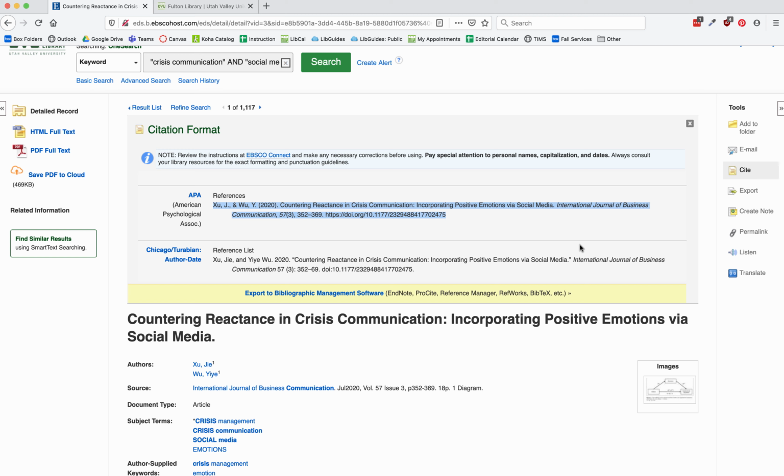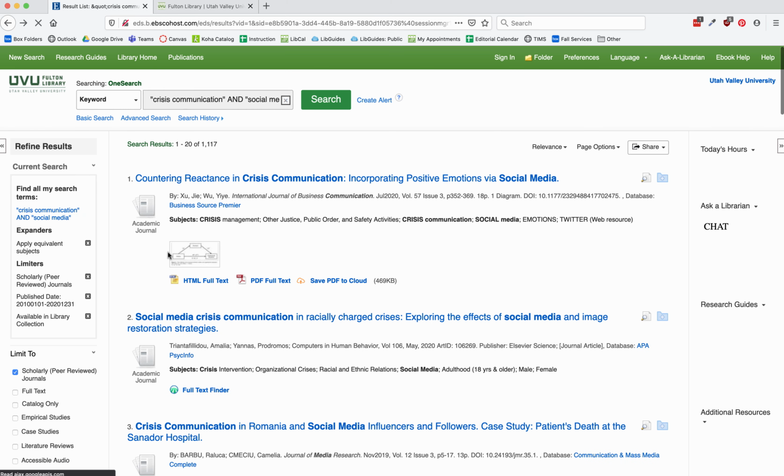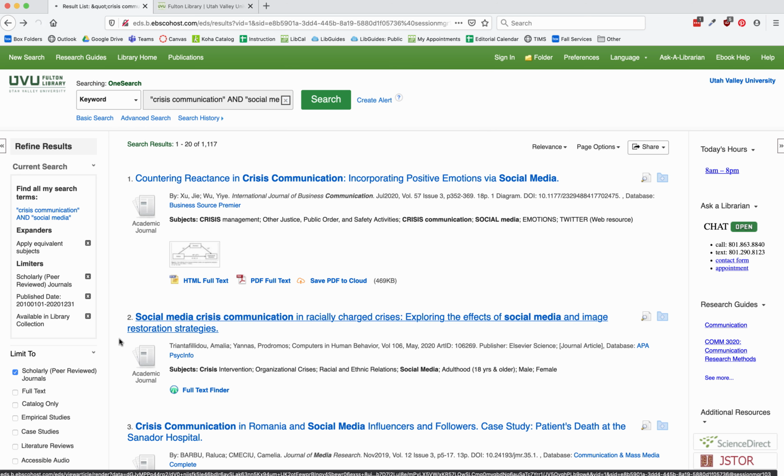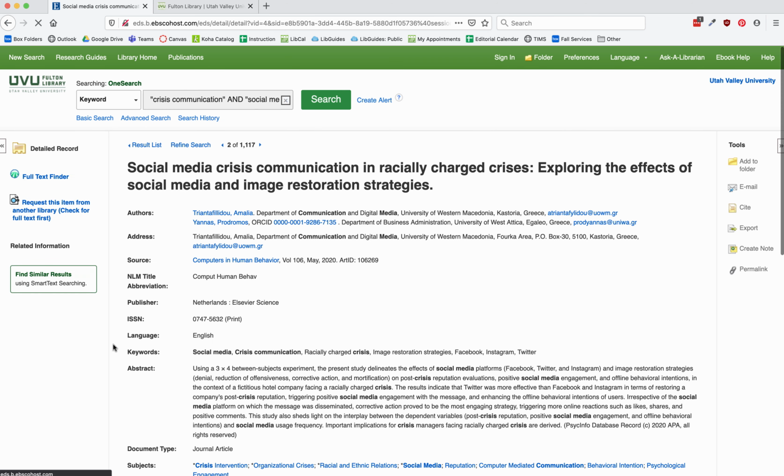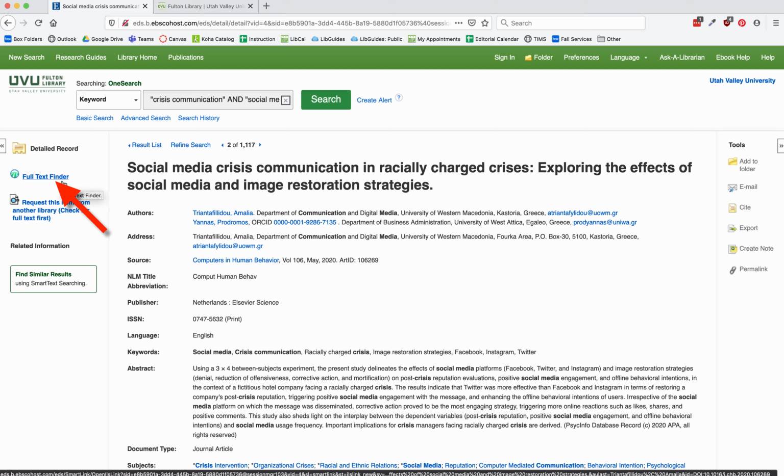This article was really easy to use because it included a PDF full text link, but not all articles in OneSearch will have a PDF. Let's go back to the results page, and you'll notice that number 2 on this list does not have a PDF. It instead has a full text finder link. I'm going to click on this title. And in this case, when you look over on the left-hand column, instead of a PDF icon, we see this full text finder. Whenever you see this, go ahead and click that link,